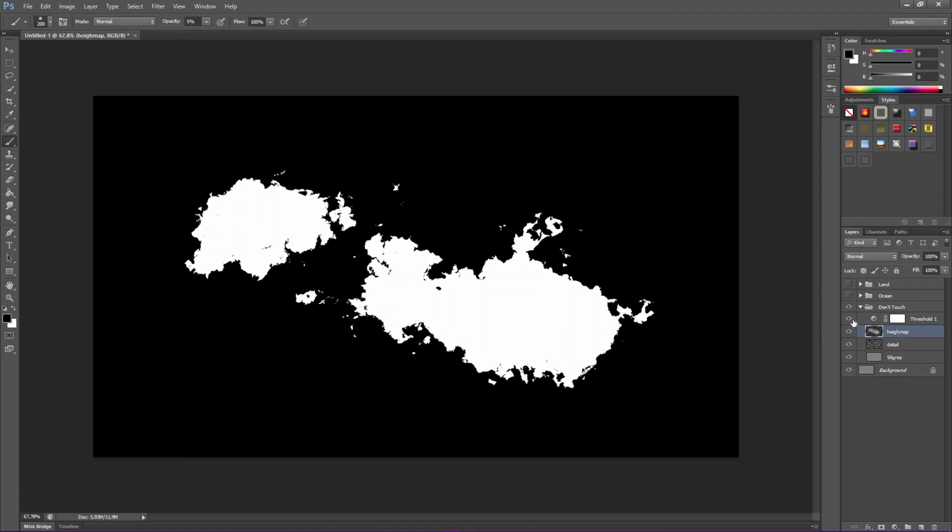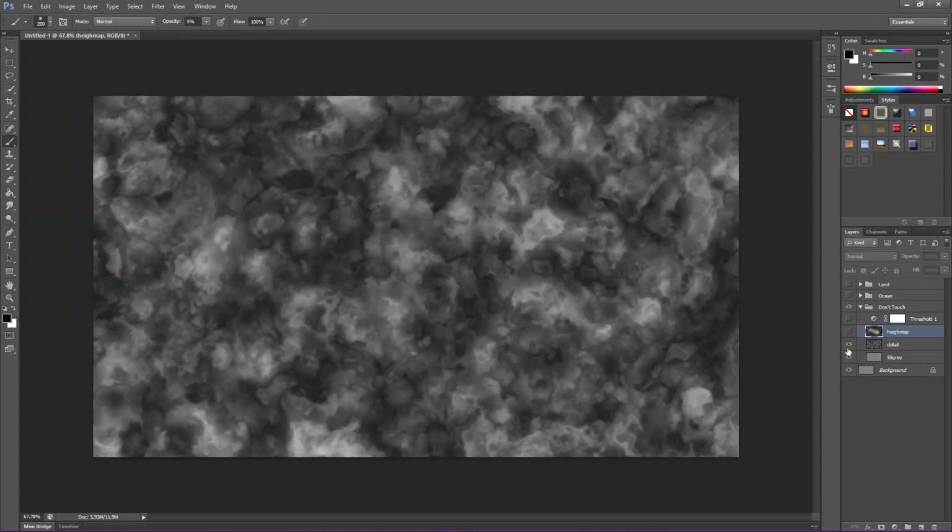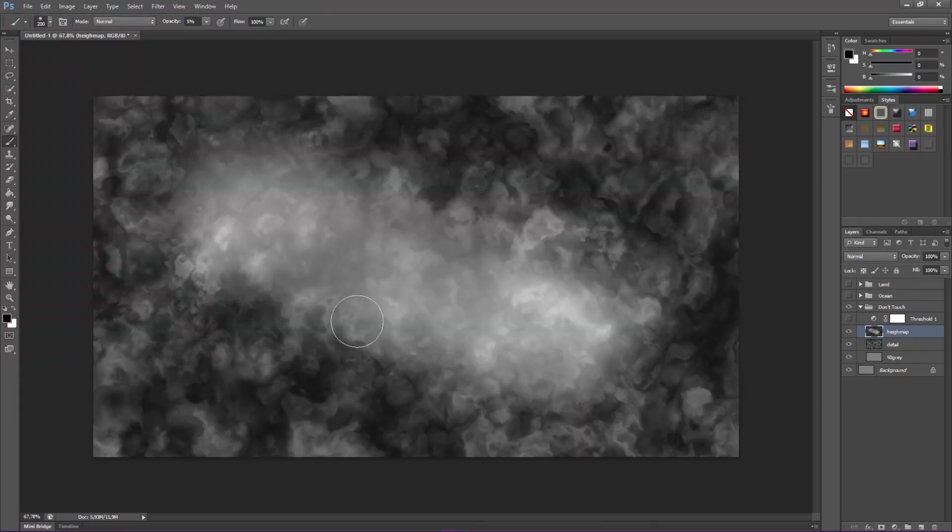Right, so there is our threshold on top of our height map. Now you noticed I was very careful. You don't want to go overboard because you can blow out the whites and you can blow out the blacks, and what that will do is destroy detail. You don't want to do that. It's also one of the reasons why I kept the detail map, so if you want to go and reinforce that detail you can again. But I mean, there's a lot of detail here, so I haven't done too much damage.